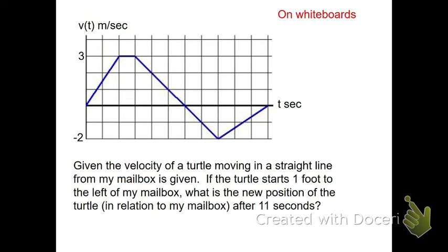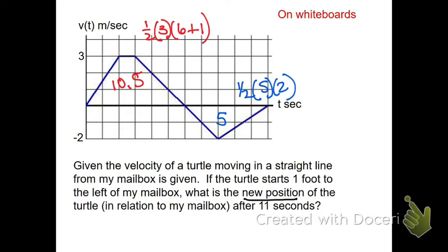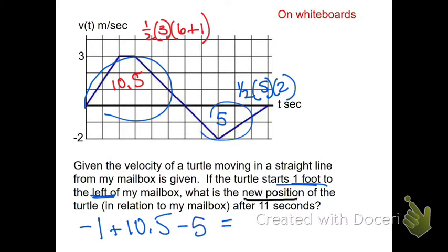Hit pause and make sure you know how to do this problem. So hopefully you found the correct two areas. So remember, when they want new position, that means you need to have the starting position first. Position is not on this graph. That has to be given. So the turtle started 1 foot to the left of what we would call 0. So this is going to be -1. And then he went right 10.5, so plus 10.5, and left 5. So the end position would be